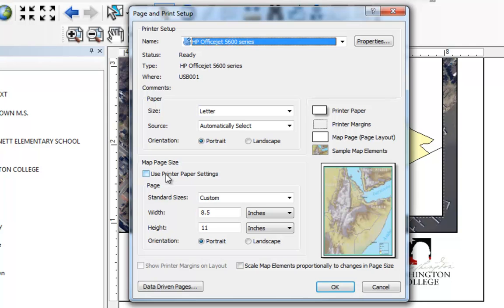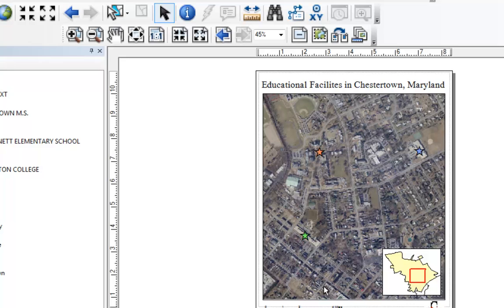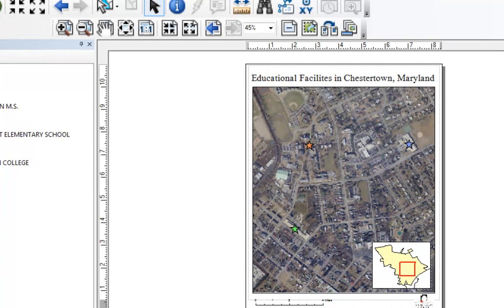But I'm not using my printer paper settings because this is not checked. So I'm going to go ahead and check that. And what it will do basically is it'll put a dotted line showing me the edge of my printer margins. I'm going to go ahead and click OK. And now we'll notice when I zoom in